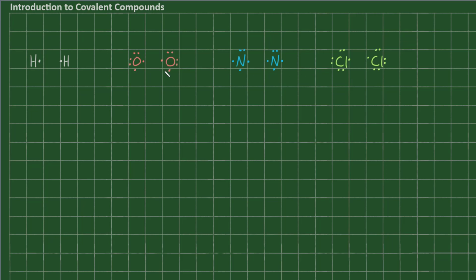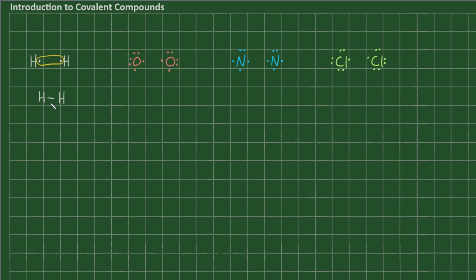Okay, so let's start with the hydrogens on the left. Each hydrogen has a single unpaired electron. Therefore, each hydrogen wants to form a single covalent bond. But a single covalent bond requires 2 electrons. So by sharing their electrons, like so, we will end up with a covalent bond. And I can now write this as hydrogen dash hydrogen. The dash, or the line, represents 2 electrons that are shared and that are responsible for a formation of a